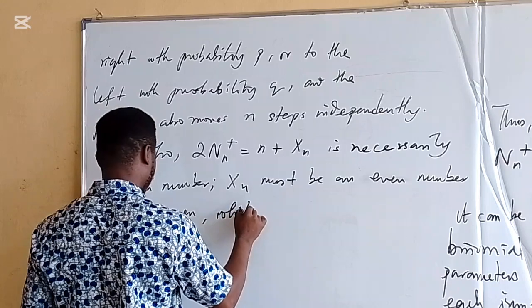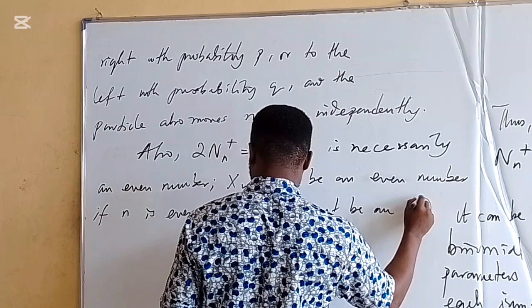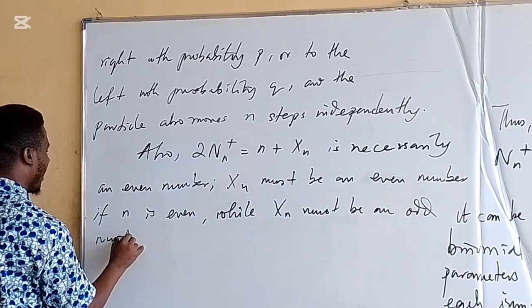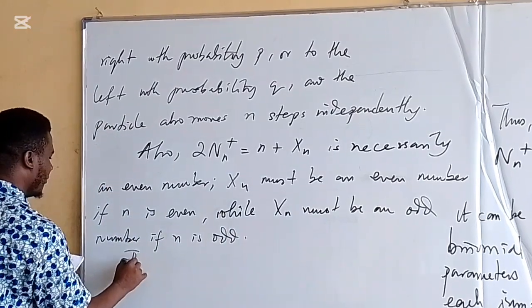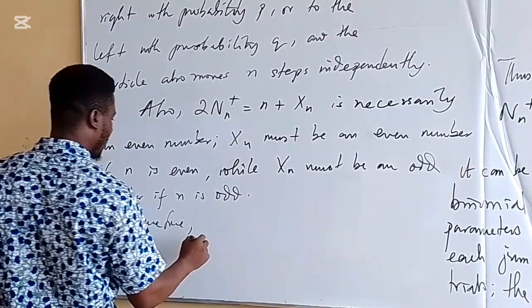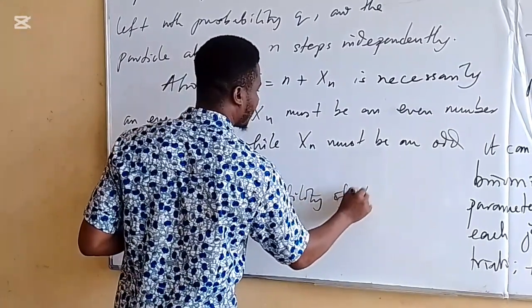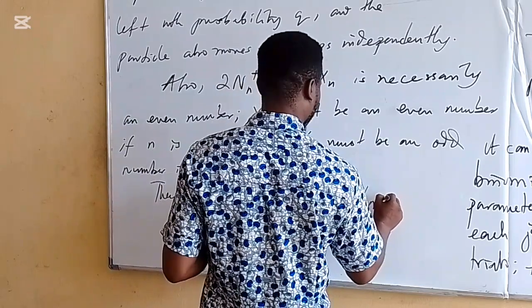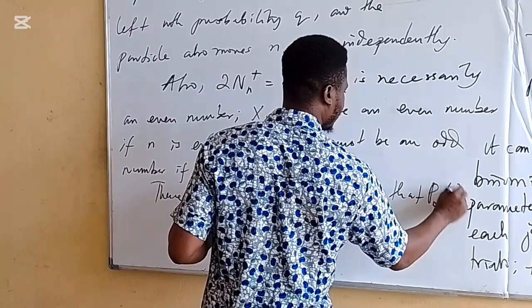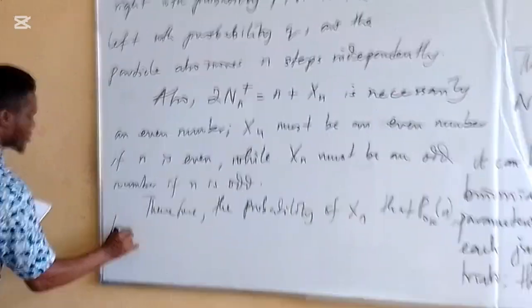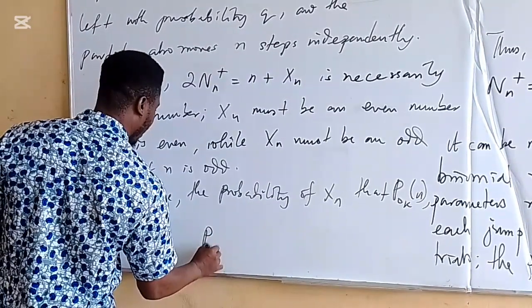While xn must be an odd number if n is odd. Full stop. Therefore, the probability of xn, that is P0kn, becomes P0kn